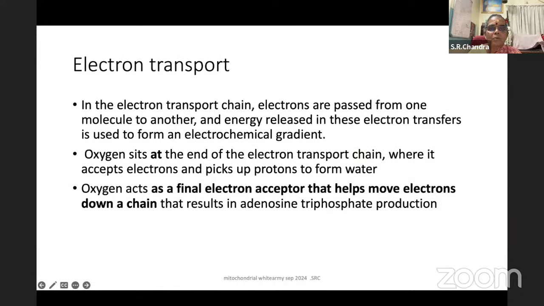In the electron transport chain, electrons are passed from one molecule to another, and energy released in these electrons are